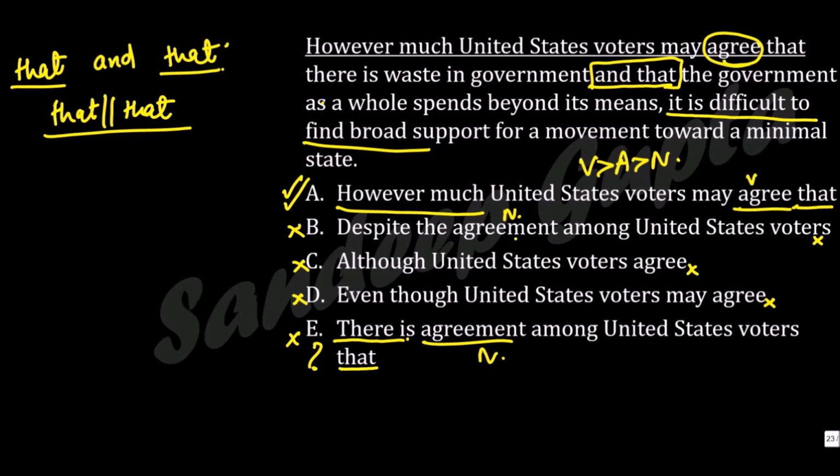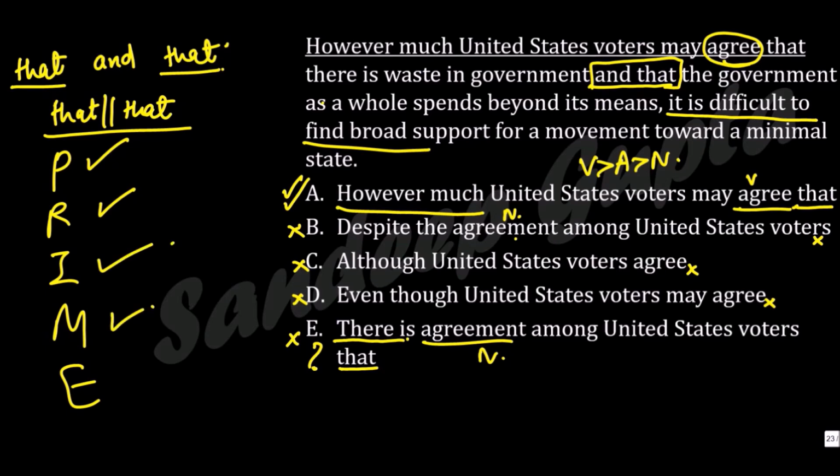So now let's evaluate this question in terms of prime. Did we use preferences? Yes, verb form versus noun form was preference. Did we use a rule? Yes, that and that parallelism was a rule. Did we use an idiom? Yes, however much is the idiom. And did we use meaning clarity? Obviously, as we just discussed, the two ideas are contradictory and we need a contradiction word that is related to meaning clarity. And obviously, we were eliminating all the time. We were not selecting an answer just because it sounds correct or seems correct or anything like that. So this is prime in application.